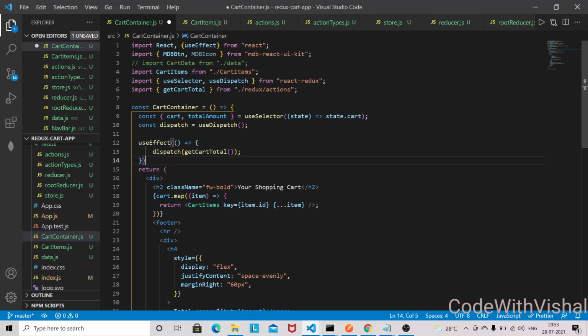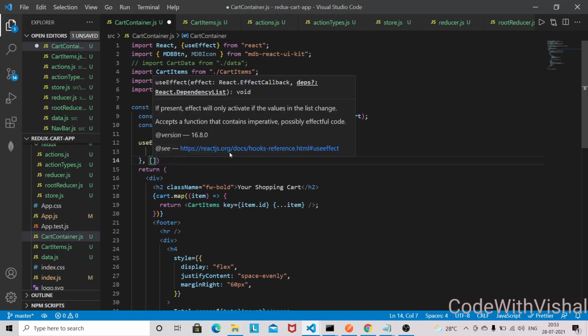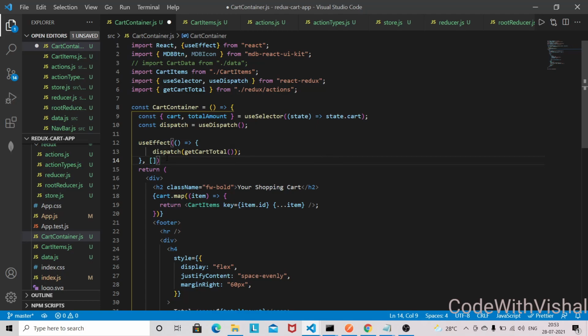This action will dispatch whenever we are doing some changes in our cart, like adding the item into the cart, or removing the item from the cart, or increasing the quantity. In those kinds of scenarios, this action will always dispatch if you are doing anything with your shopping cart, either increasing the quantity, decreasing the quantity, or removing the item from the cart.